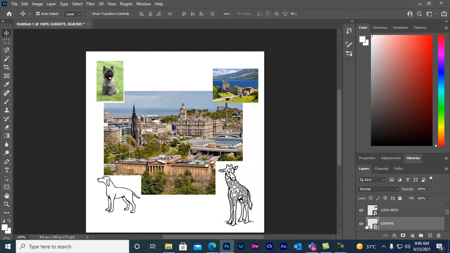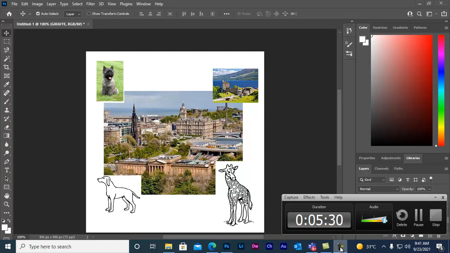Okay, so like this we will arrange images from here. You want to show some images in the background, some in front, so we will change the order. The image which is in the background, this Edinburgh, should be last here, and before this, all you want to show. Okay, so I hope it's clear to you now. This is the basics.